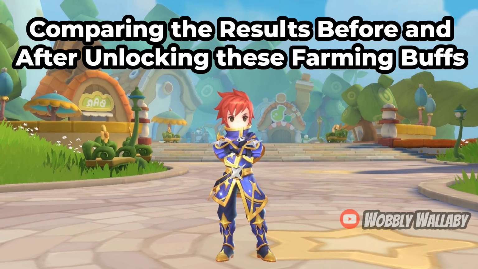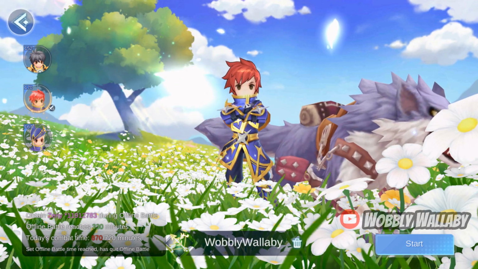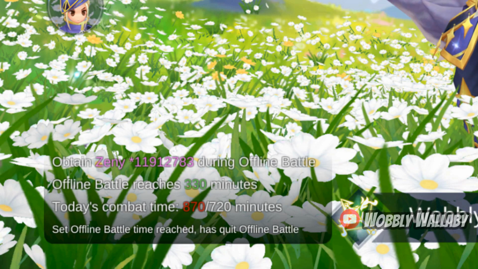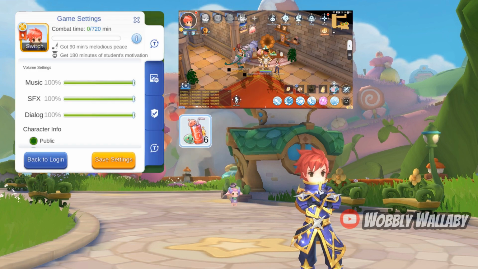Now with these buffs, it's time to compare the results before and after unlocking these farming buffs. It was quite surprising to see how much more raw Zeny I got per day from doing these buffs. In my older Comodo farming video, where I didn't unlock any of these buffs, I got about 11.12 million raw Zeny per day. This is the setup where I listen to 30 minutes of music to get an extra 90